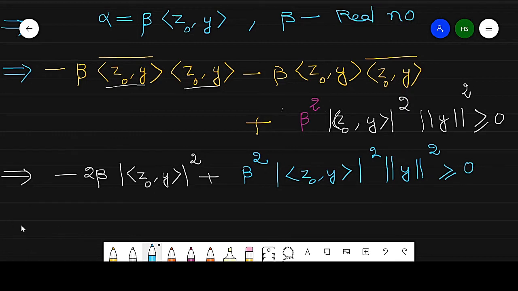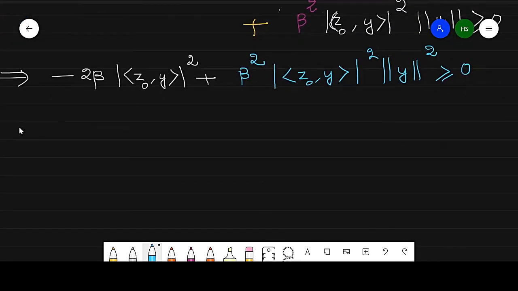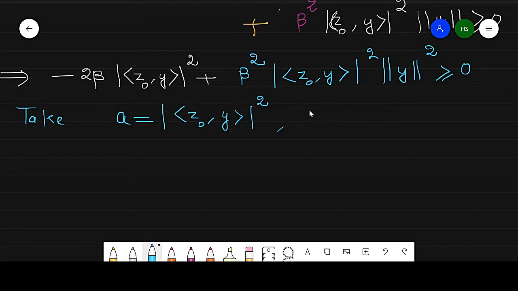So very carefully, now understand the next step very carefully. Now from this, the absolute value of the inner product raised to power 2 is a positive real number, same is here and same is here, so it is again a positive real number. So I take this as A. What is A? A is the inner product of z naught comma y raised to power 2. It is a positive real number. Similarly, b is equal to the norm of y raised to power 2. So this is a positive real number, and this can be written as minus 2